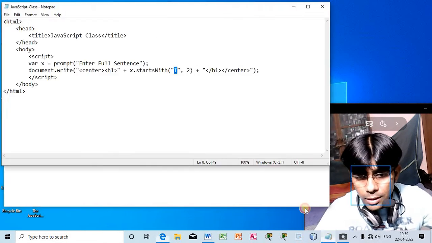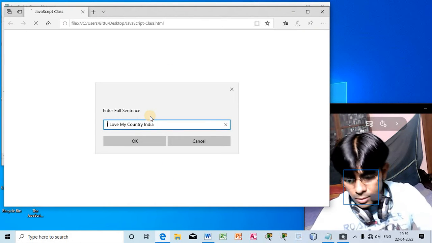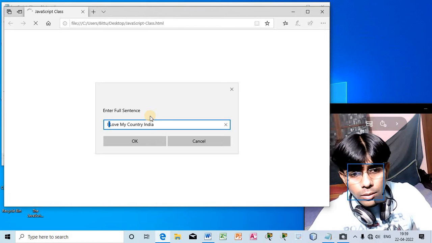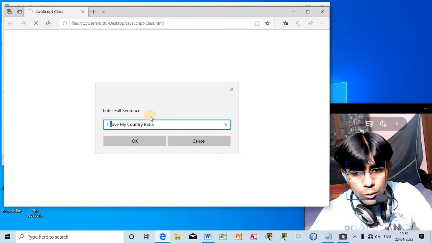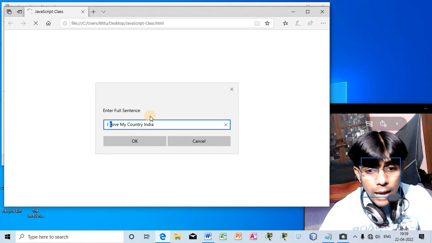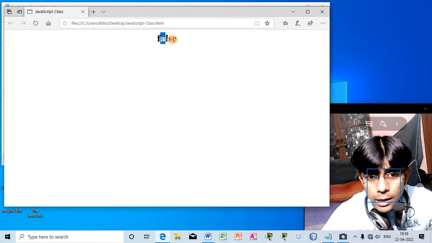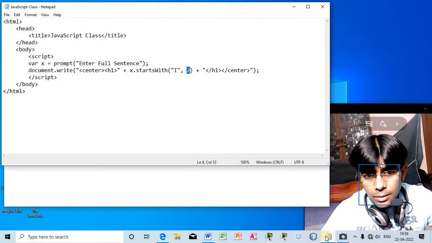So you can see the searching will start from 2. 2 means, just see, this is 0, this is 1, this is 2 from here. So it is written L, not I. So now the method will return false, right? Right? If I now write here